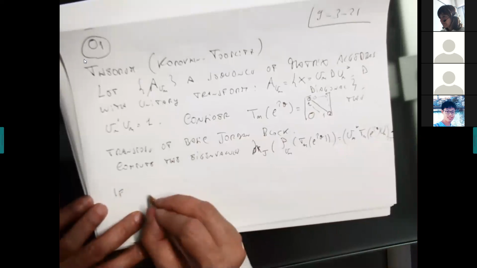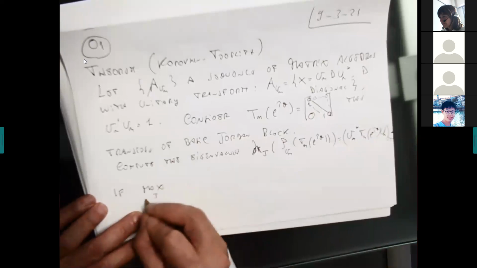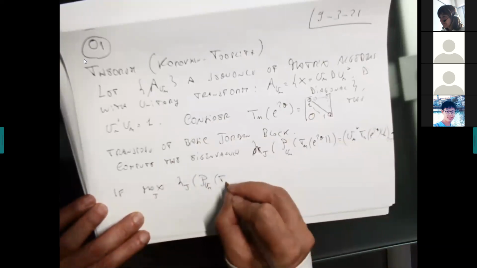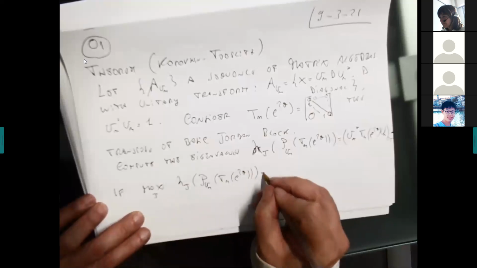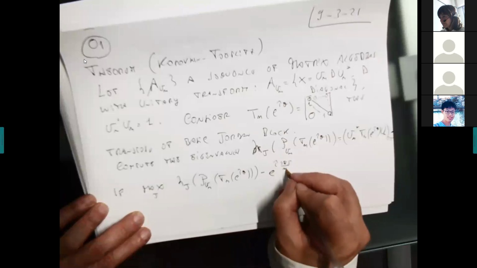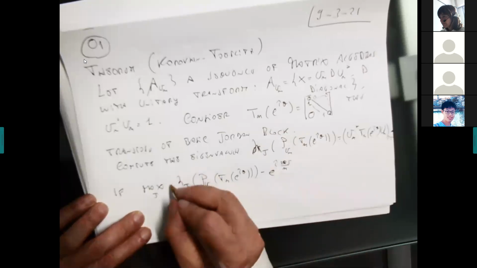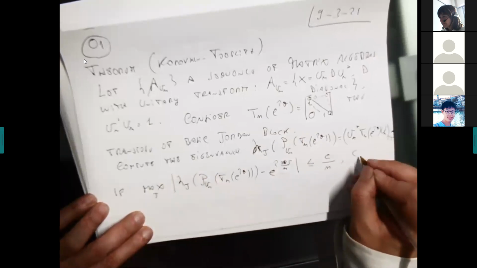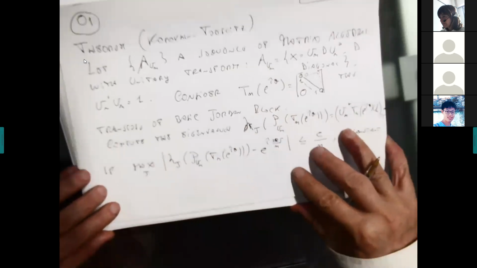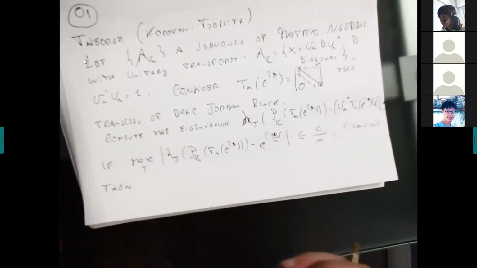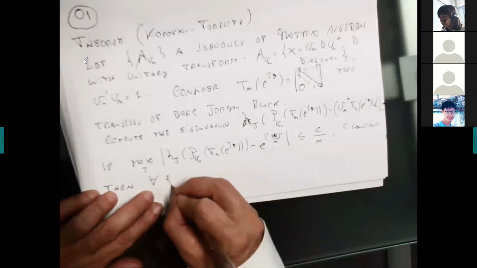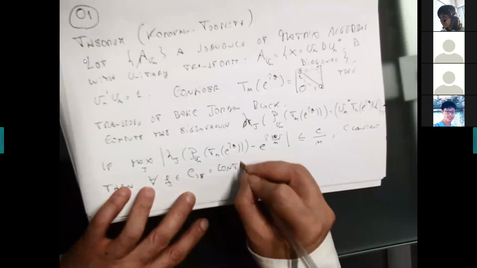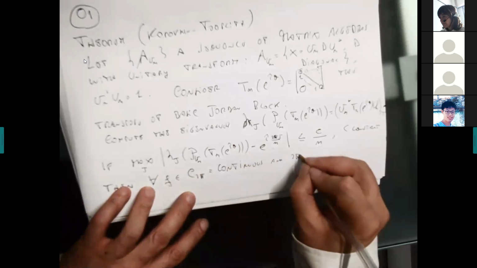Okay, if the maximum over j of lambda j of P_Un Tn e to the I theta, so these eigenvalues that we have computed, minus e to the I 2 pi j over n, so a uniform sampling of this function on the unit circle, is bounded by a constant C divided by n, then, and here is the striking Korovkin type result, for any f continuous and 2 pi periodic,